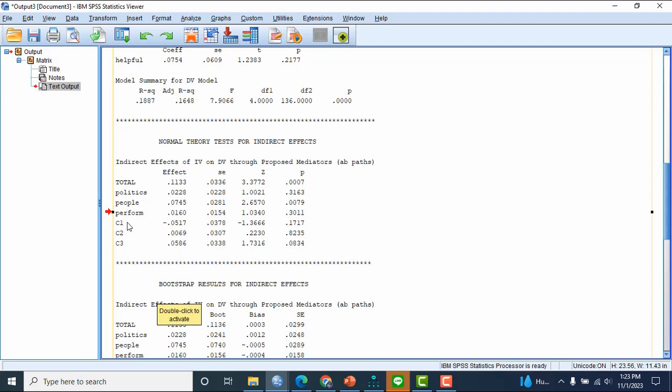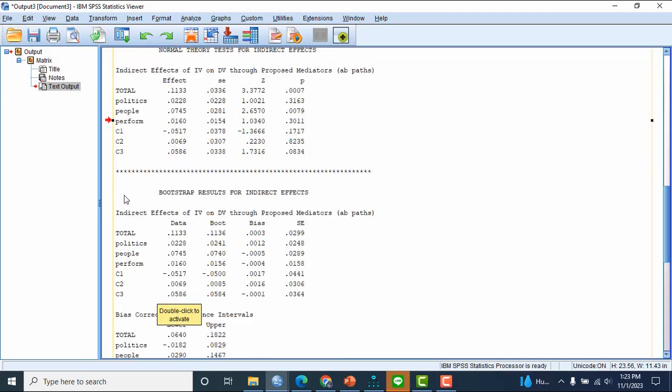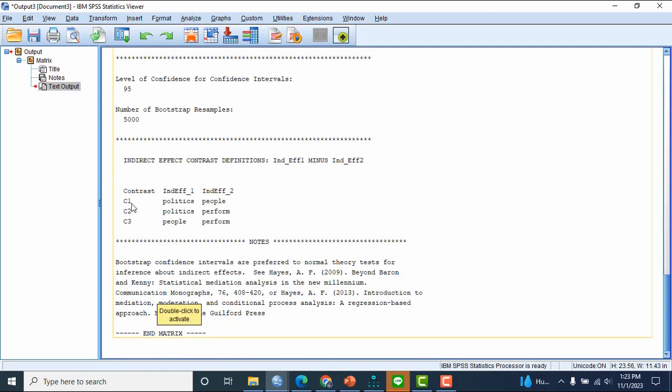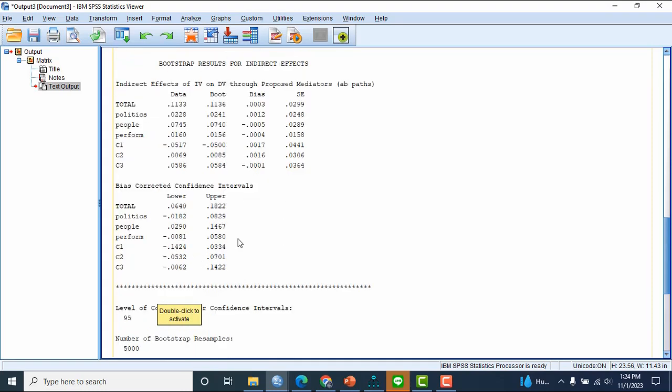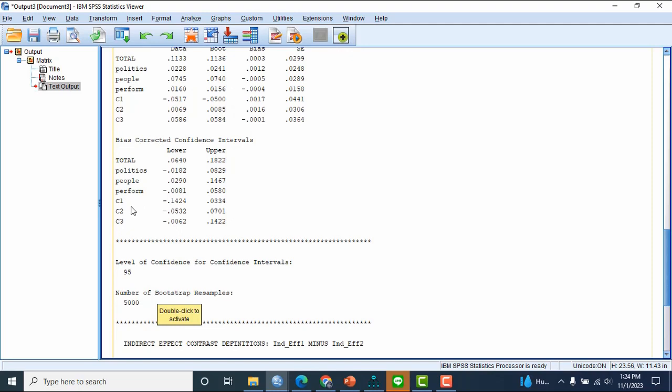And C1, C2, C3 are contrasts. C1 is between politic and people, C2 contrasts politic and perform, and C3 contrasts people and perform. Using the bootstrap, the result is the same.